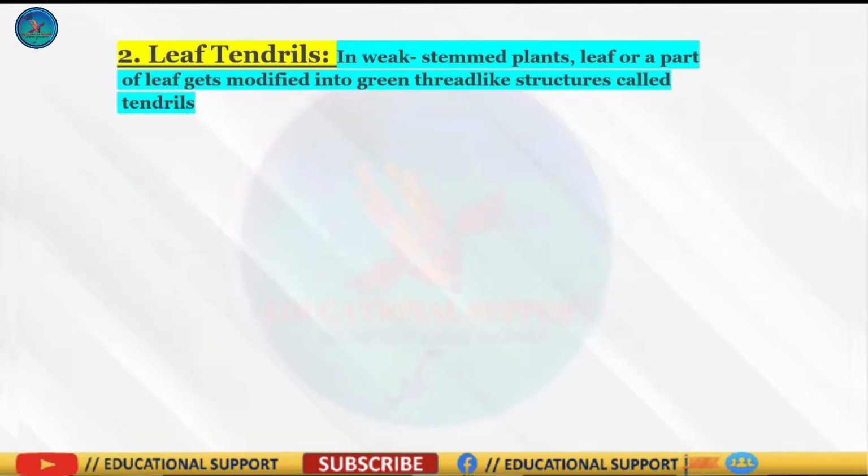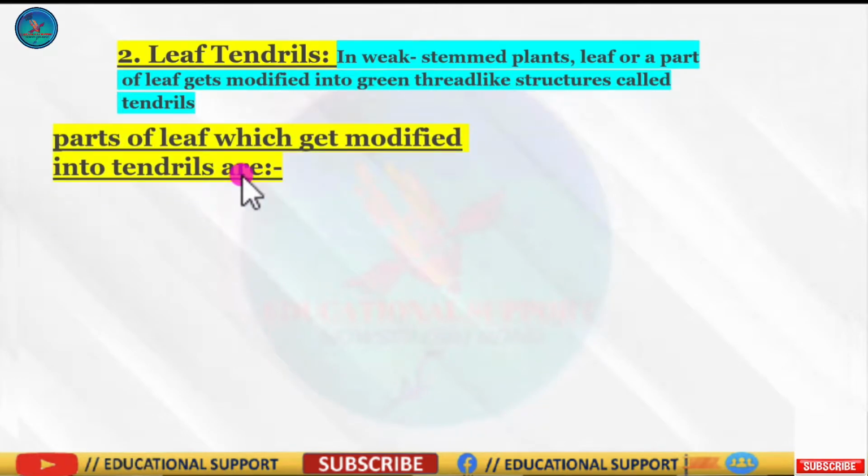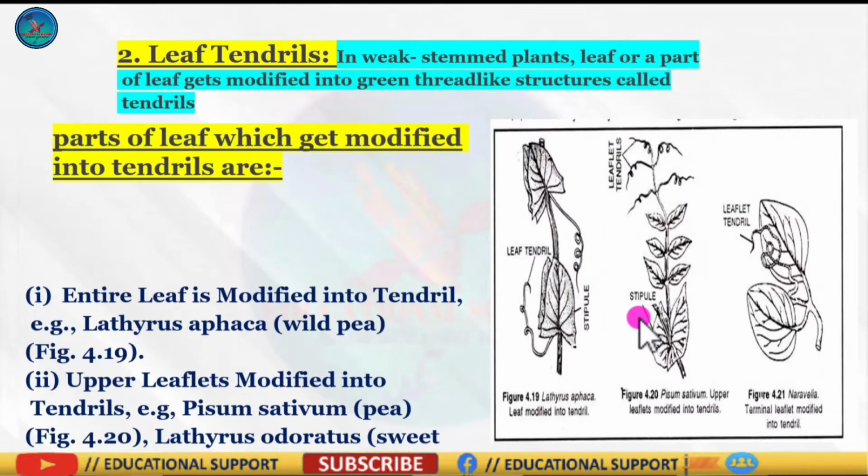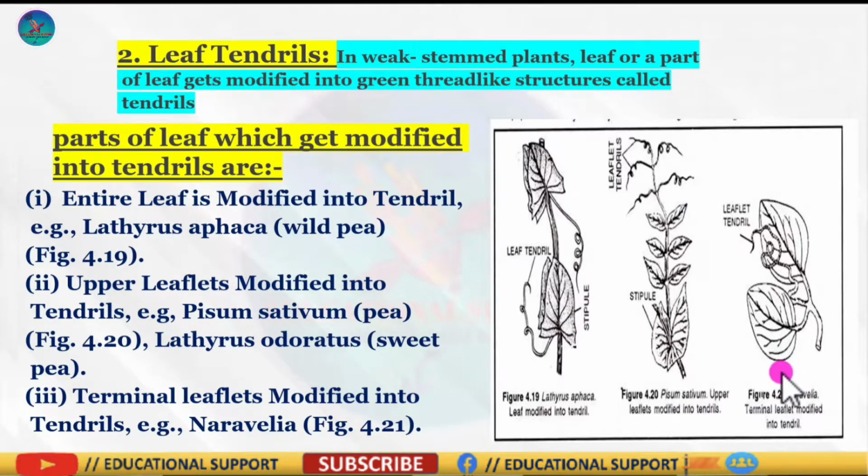So the next point is leaf tendril. In weak stemmed plants, a leaf or a part of a leaf gets modified into thread-like structures called tendrils, which help in climbing around the support. The parts of the leaf which get modified into tendrils are as follows. The entire leaf is modified into tendrils, for example wild pea in figure number 4.19. Upper leaflets modified into tendrils, for example pea, figure number 4.20, and the terminal leaflets modified into tendrils, figure number